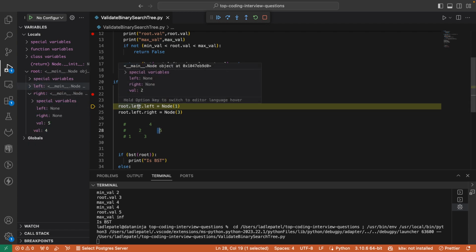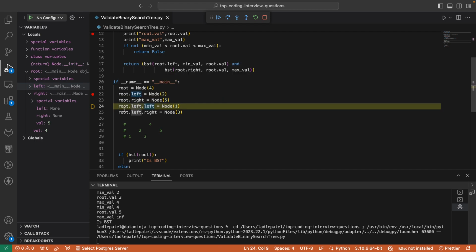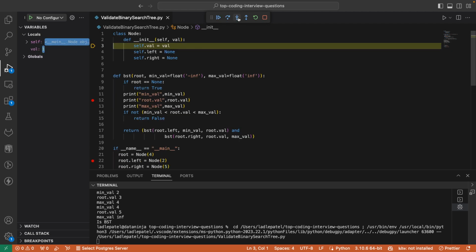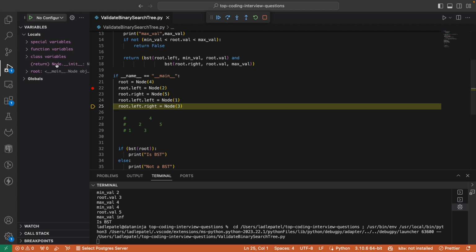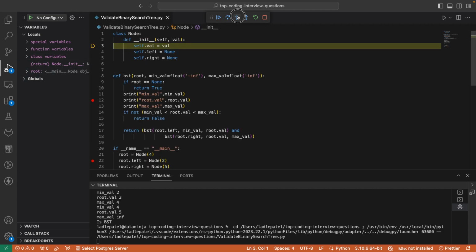Again here it says left of left. So here the root node is 4, left is 2, again the left of left node is 1. I'm trying to add that. All right, I'll keep adding. You see here, now you will see a binary tree